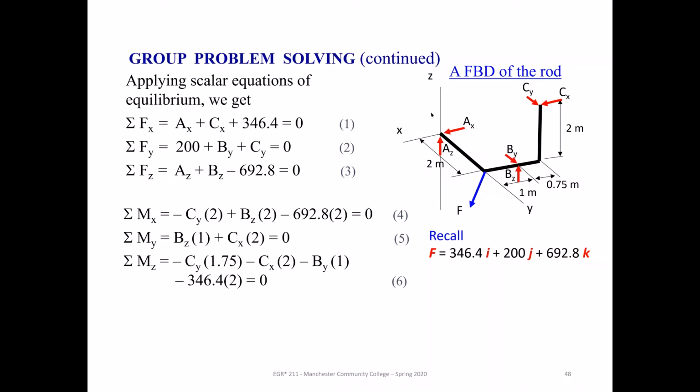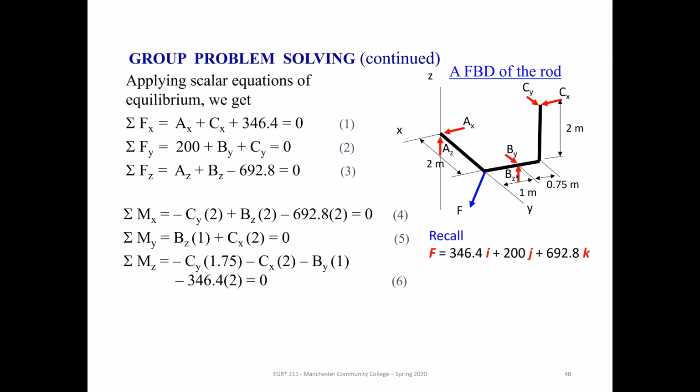And if you think about what it would cause, this would cause clockwise rotation about the x-axis. So what we're doing is we're looking at it directly along the positive x-axis, and you're seeing it in the plane. Okay. Then BZ